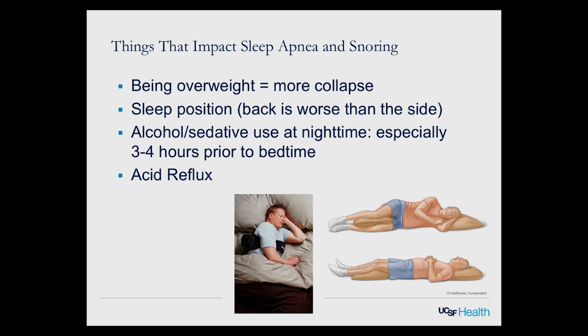So things that impact both sleep apnea and snoring that we focus on first are kind of lifestyle things. Being overweight is going to lead to more collapse. We actually, and I'll talk a bit about this, we actually put fat in our tongue and in our neck, and that kind of adds to the amount of collapse that can happen. Sleep position, lying on the back, is worse than the side because when you're on your back gravity pulls that tongue back